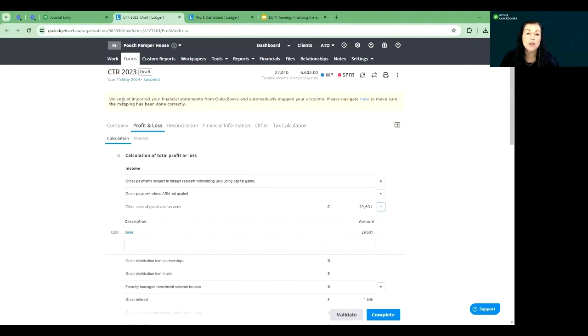So coming back at the top, we're going to have a look at the mapping. As we said, the information has been automatically mapped from the QuickBooks Online accounts, and we can use this here button to make sure the mapping has been done correctly. So when we click on here,